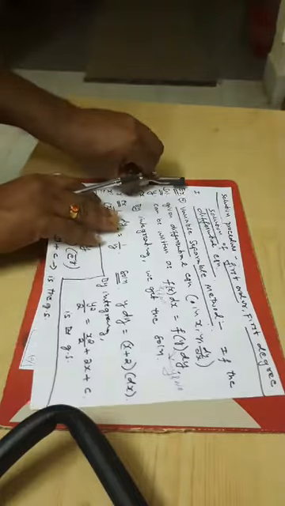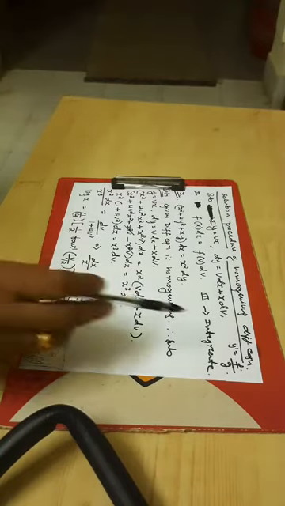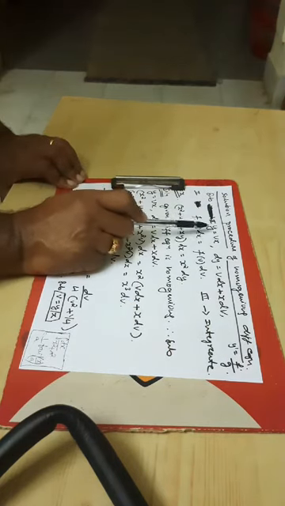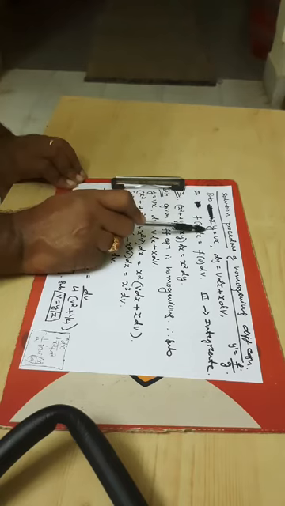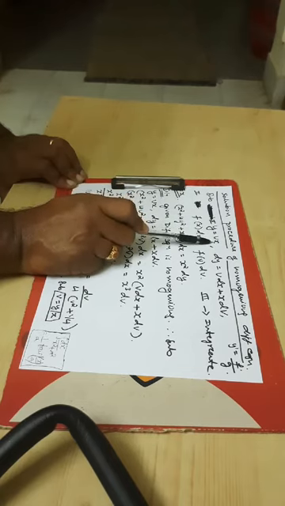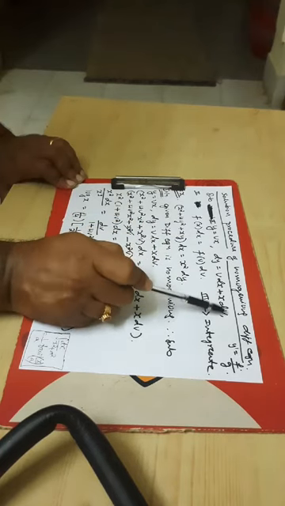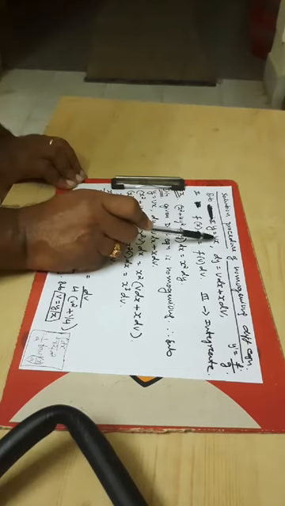Now let us talk about the solution of a homogeneous differential equation. Once you recognize that the given differential equation is homogeneous, you substitute y is equal to vx. If I differentiate y, dy is equal to v dx plus x dv. In other words, dy by dx, by the product rule, is v into the derivative of x, which is 1, plus x into dv by dx.